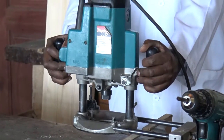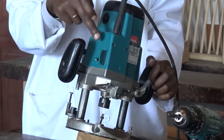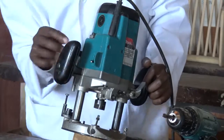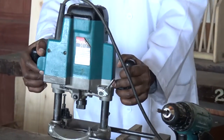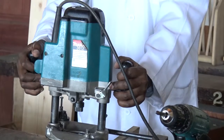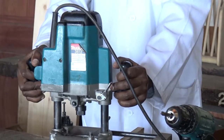Now, as you work as well, there is this switch here. This is the on and off switch. So it will be used to switch on the machine and off. Off is down and on is up. So as I hold it, I will use one finger to start it off. I work. Once I want to stop it, then I just use one finger as I hold it tightly,